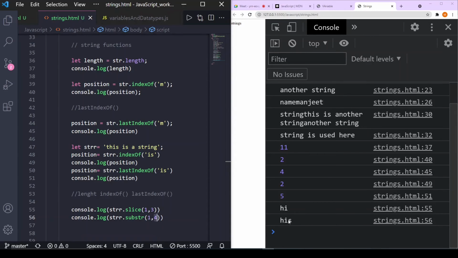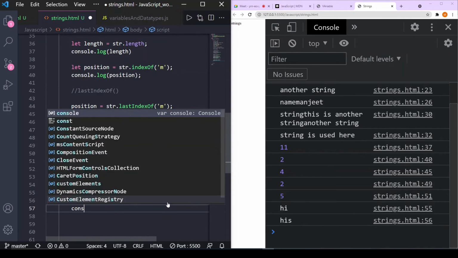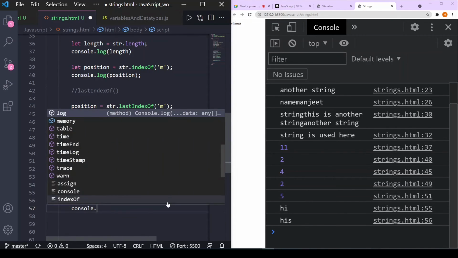It will output this. From the start of one, you can see, two, three, four shows the length of four, but this is a length of three. Why? Let's check another thing with console log.